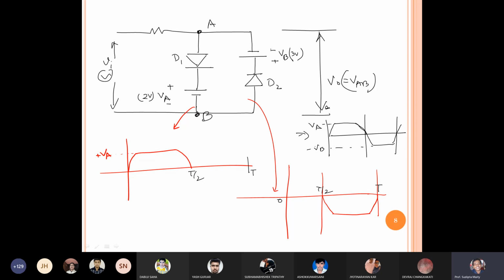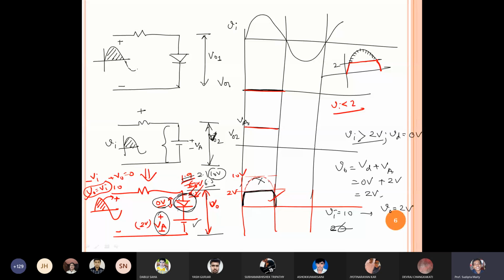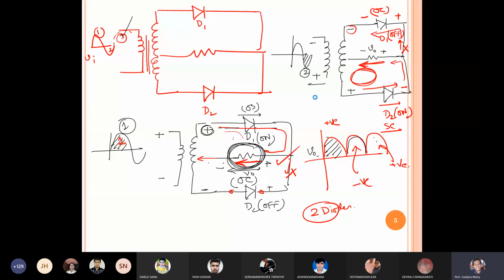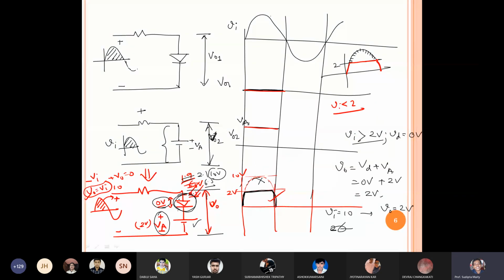So now let's come to why it is called a clipper. Here we can give its expression. Now you check in this circuit. Suppose this is my input signal. Here this is my input signal, but here I am getting this final output. So this portion is not coming. So it is clipped. It is chopped off. So that's why it is called a clipper.